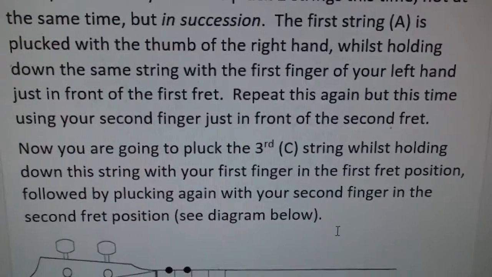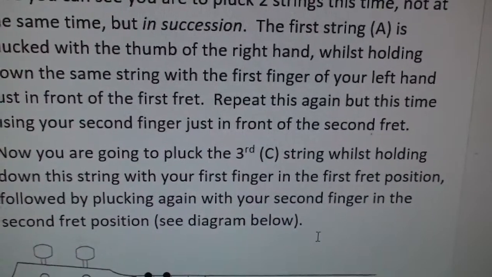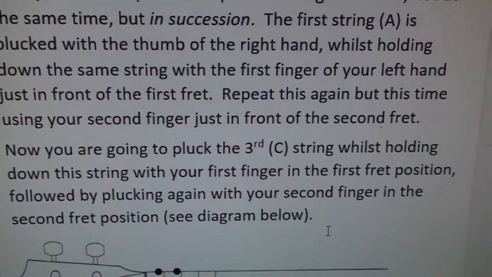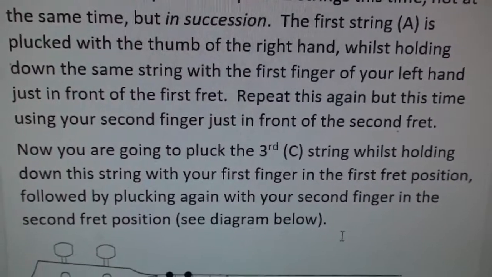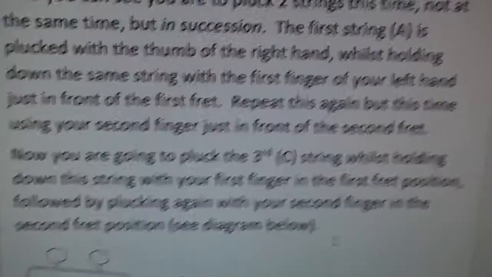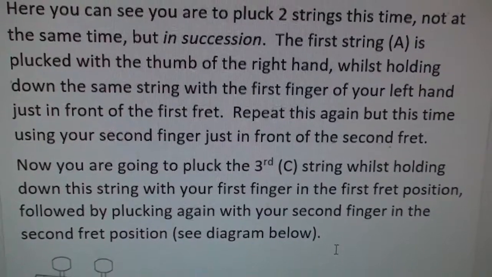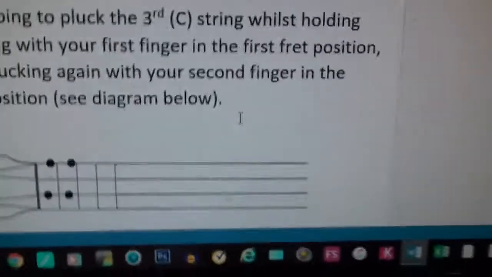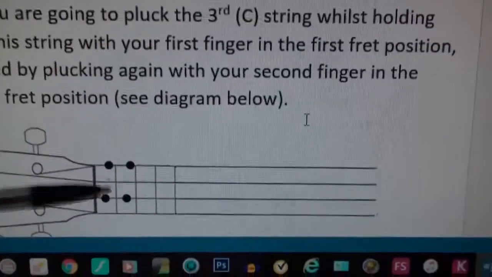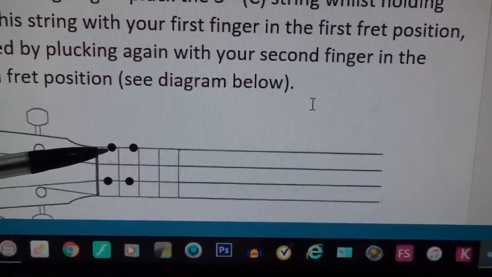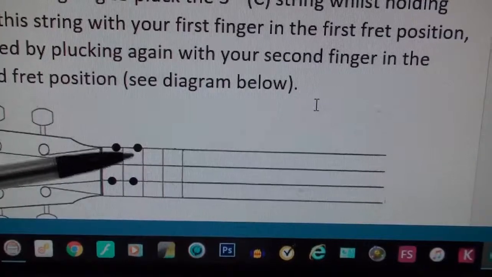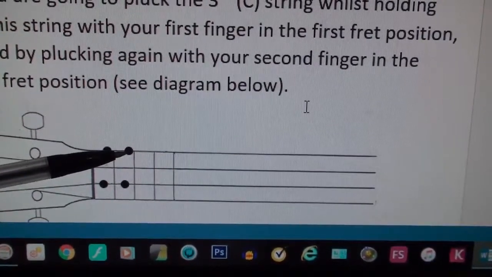Now you're going to be plucking the third string, which is the C string, whilst holding down this string with your first finger in the first fret position, followed by plucking again with your second finger in the second fret position. And that's the positions on the diagram there. So for that string, the string that's nearest your knee, first finger, first fret, then second finger, second fret, then